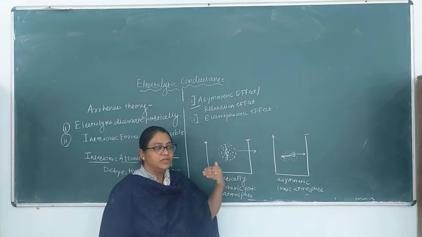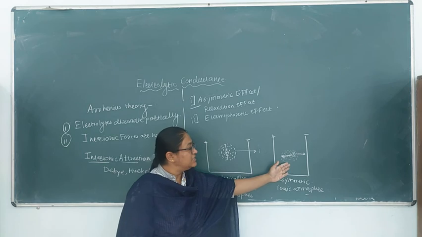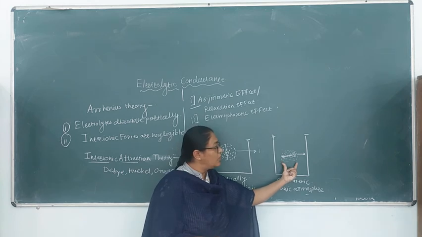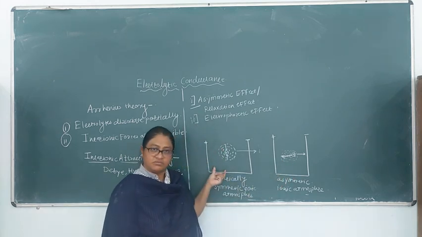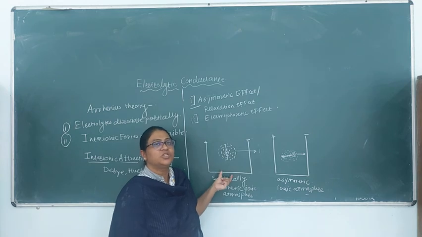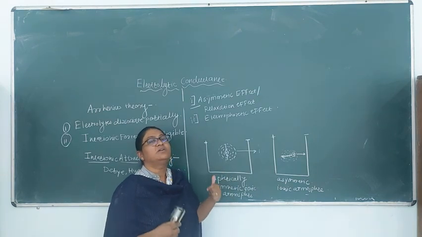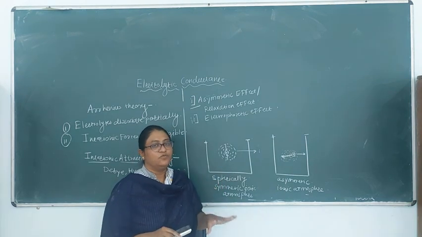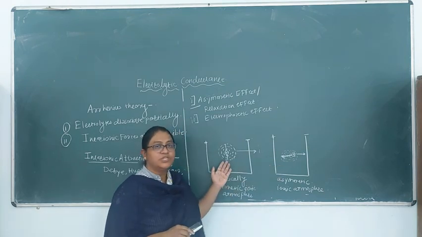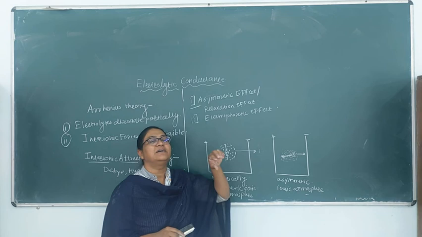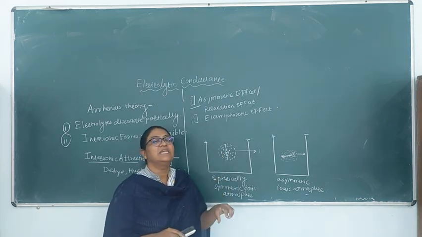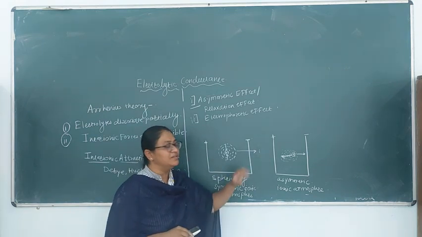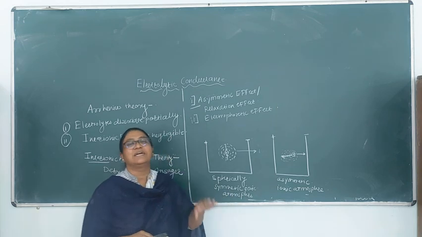Actually, if the electric field is applied, the asymmetric situation will not convert into a symmetric situation very readily. In fact, it will not occur, or it occurs very rarely, and therefore the time lag which is required to come to its original position is called the relaxation time, and hence the name relaxation effect. And due to this relaxation effect, the positive ion which is moving slows down, and hence the conductance decreases.